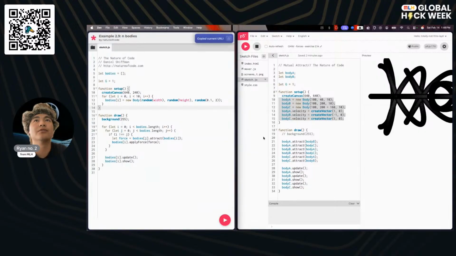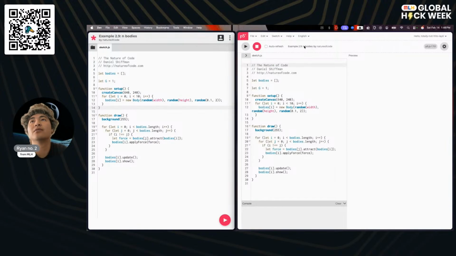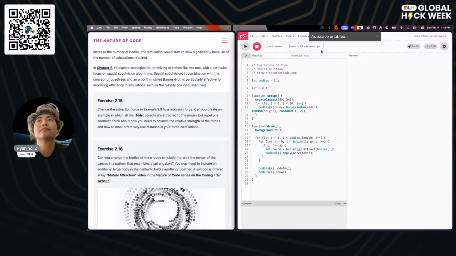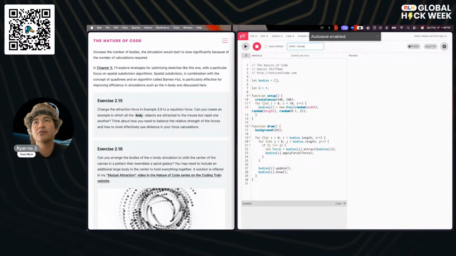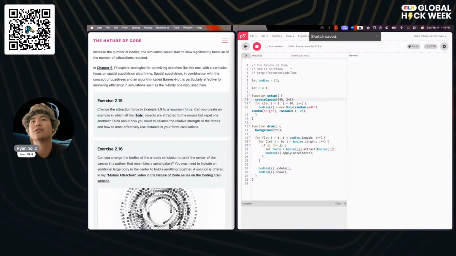Okay, so here's what we're going to do. Open this up in a new tab. I'm going to save this. This is now going to be GHW forces exercise 2.15.